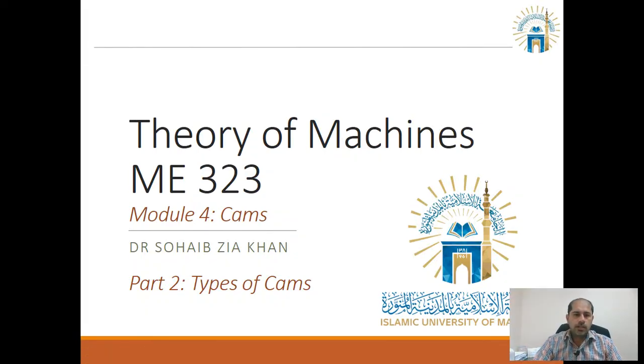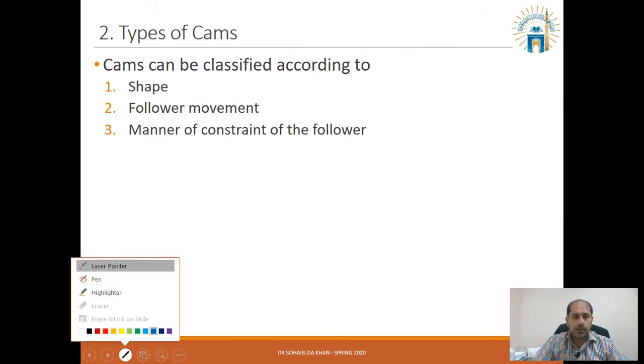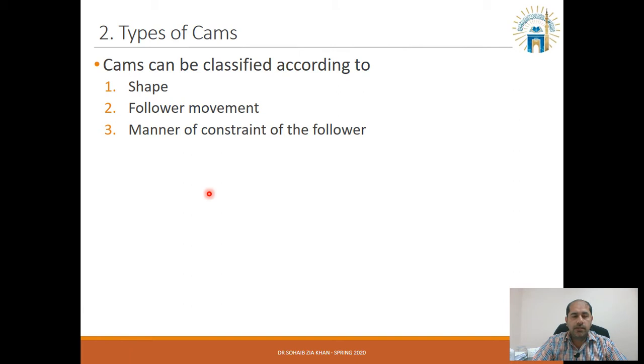Okay, in theory of machine, module 4 cams, we are going to see the types of the cams now. So from this point onward, we are discussing the different types of cams and how we are going to look at them. The cam can be classified in different terms. For example, in terms of the shape, in terms of the follower movement, in terms of the manner of constraint of the follower. So basically our discussion will be on the first two things, the shape and the follower movement,